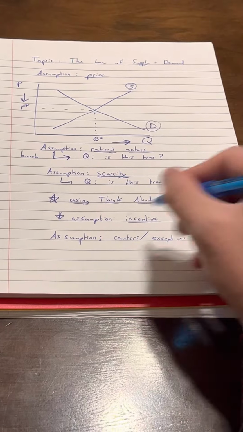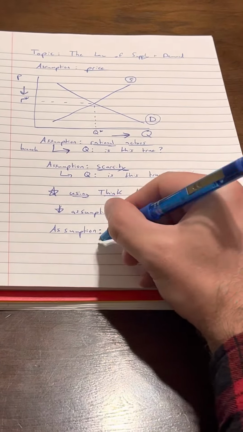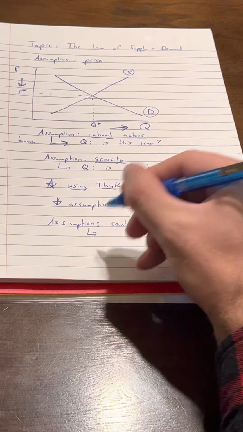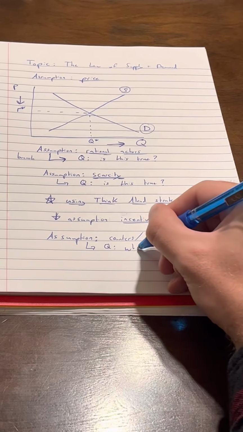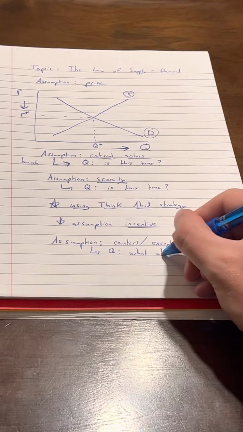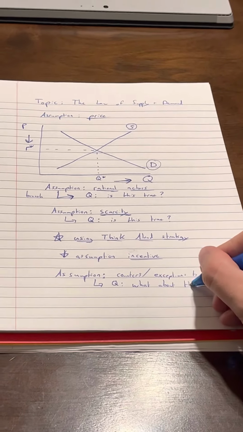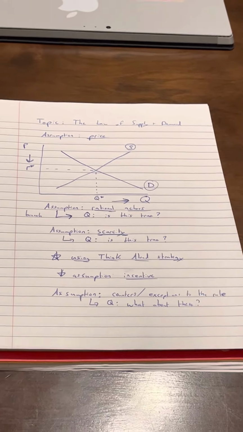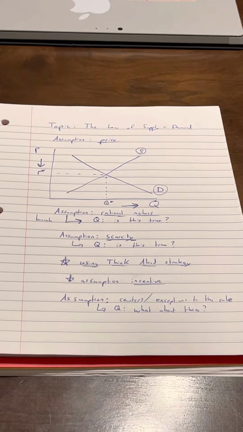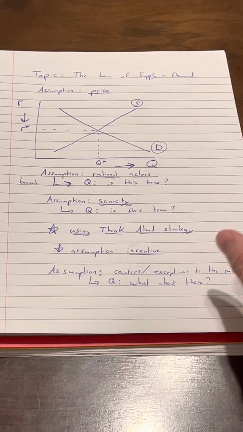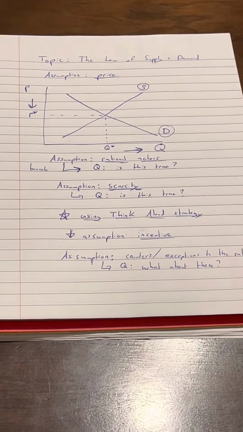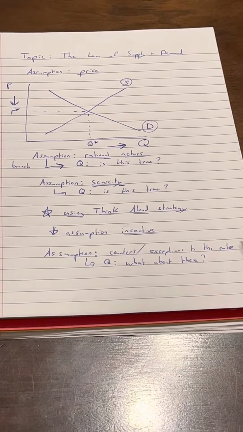So these are just a few types of exceptions to this rule. This is a branching option because students should definitely question me on this. What about these, right? There's always going to be a certain amount of exceptions. But the idea, again, that hopefully I said before, is that economics is not just about particular numbers, but it's a general way of looking at the world. So yes, there will always be exceptions to the rule.